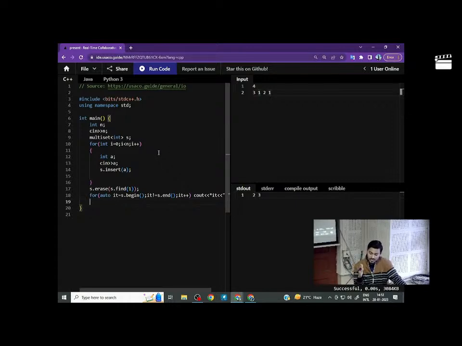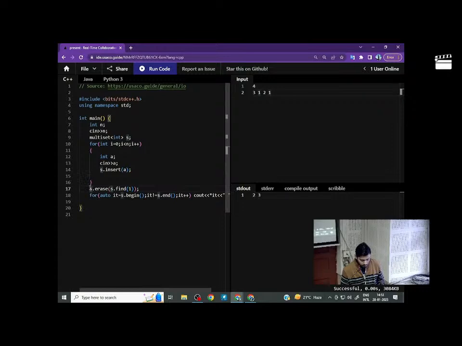Suppose you are first finding 1's indexes from the iterations, and then when you find the iterator, you can use that iterator only to erase the 1. You can iterate on the set, you can find the iterator which is pointing to the second 1. You can keep a count variable, some variable c, like if the count is 2 now, you have iterated, you have got already one, then you can use that iterator and erase it. Okay,